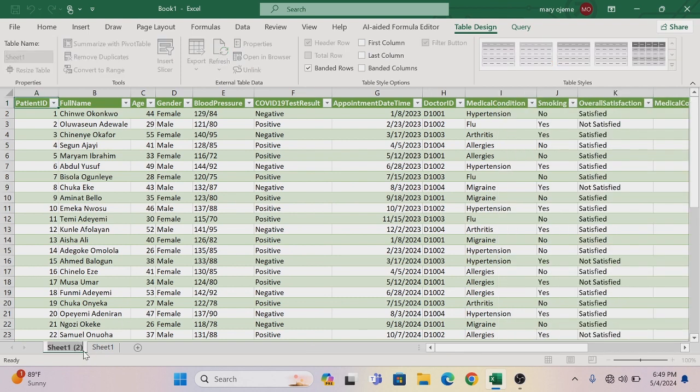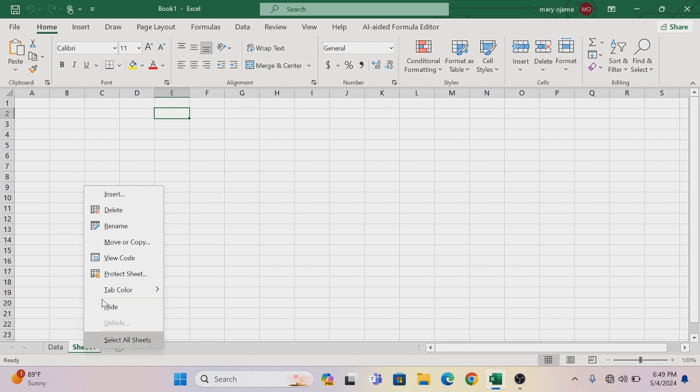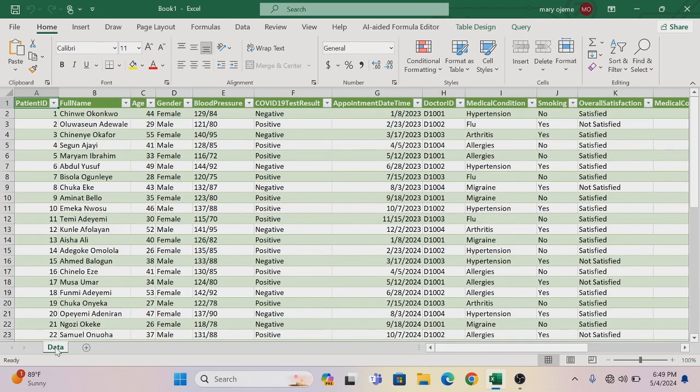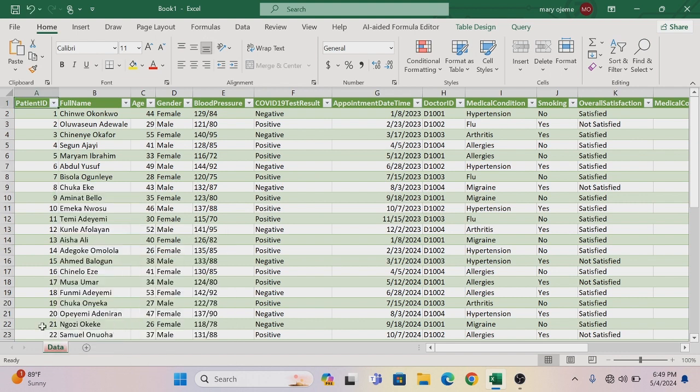And let's rename this to Data. And delete the Sheet1. It's empty, so we don't need it. Delete. And let's add our tab color to this. Okay, so now let's bring in